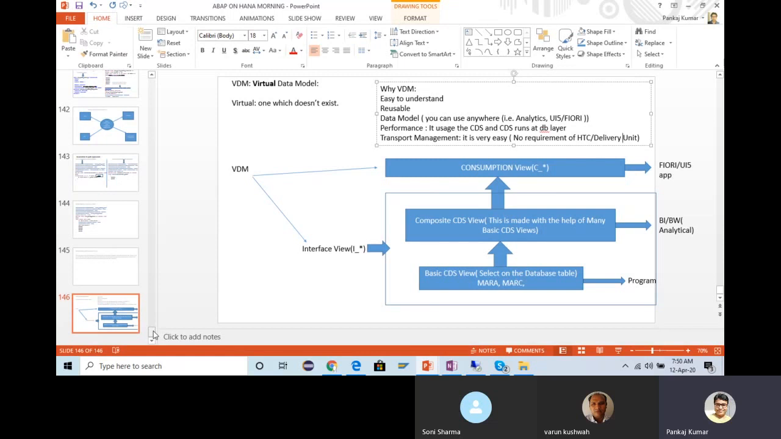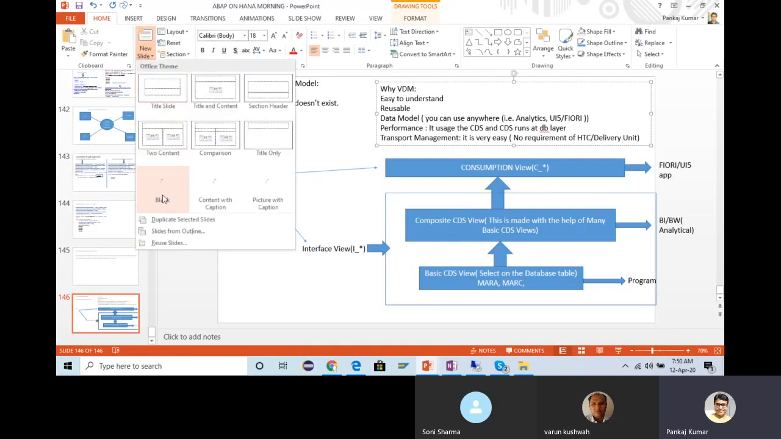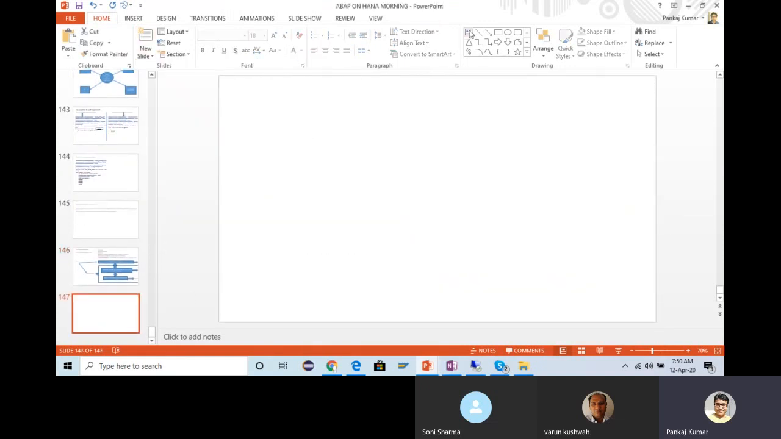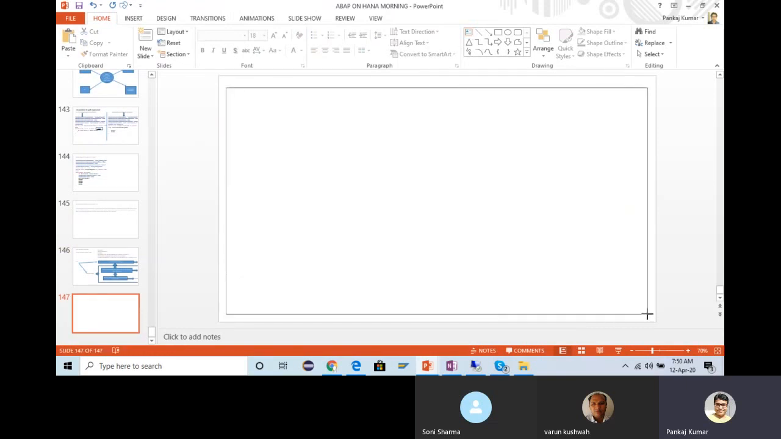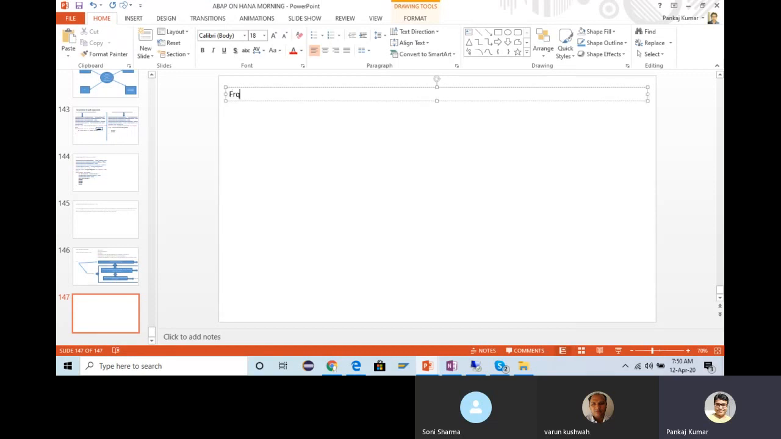Fine. So this is the overall picture of this VDM. This is the theoretical part of the VDM. Now let us see how you can use the VDM in our program. So in our CDS, how can we create the VDM? To create the VDM, you have to use some important annotations. So what are those important annotations? The frequently used annotations in VDM